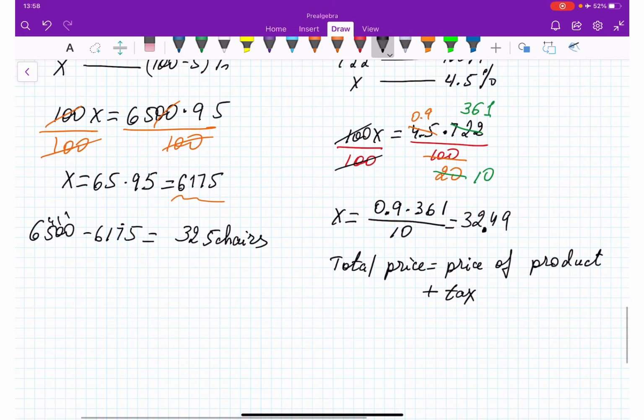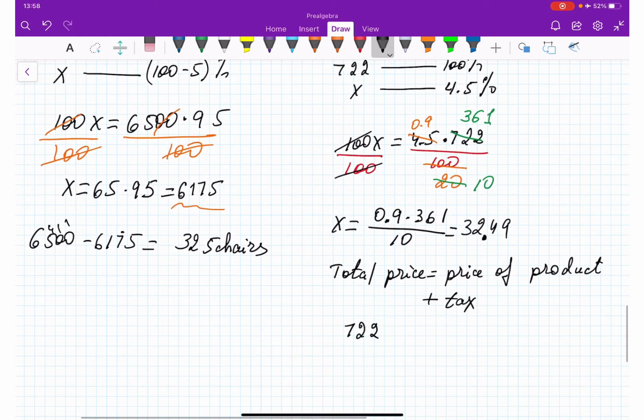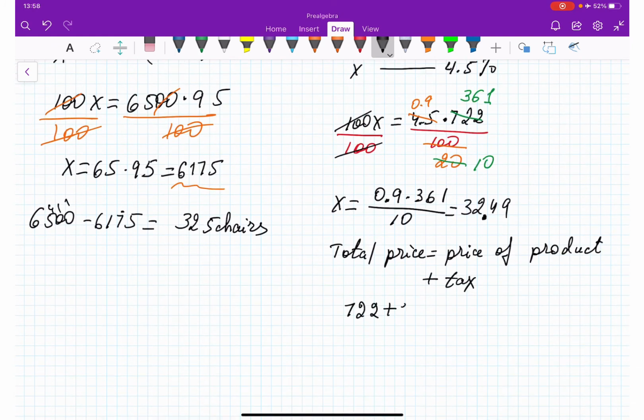So $722 plus 32.49 is going to be equal to